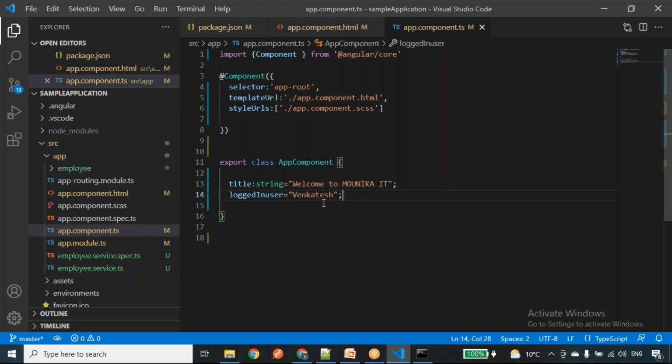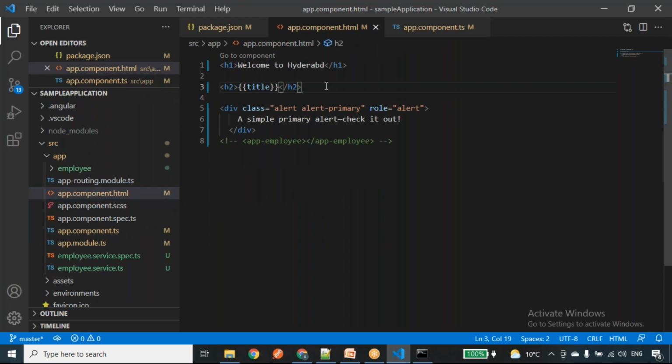But in real time applications, as I told you, whenever you click on the sign in button, we'll get whatever username was given and assign that username to this logged in user property. In that scenario, we have a dynamic value and we are trying to print it in the HTML. Let me take one more.